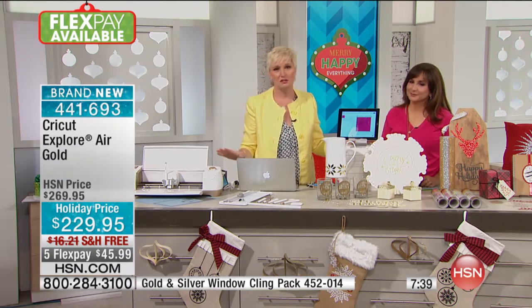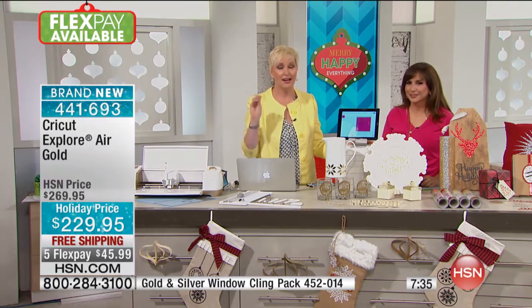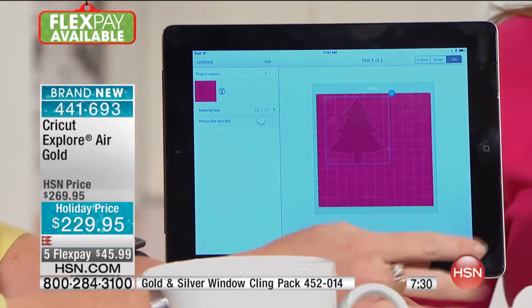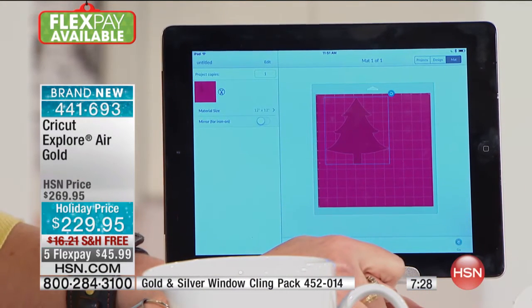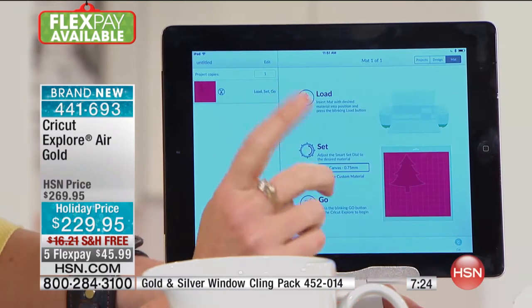I'm going to show you the custom dial with 60 custom materials on there, like cork, which you can cut, and veneer. And we're going to cut window cling, magnet and vellum and chipboard, Post-it note paper and leather, and if we have time, which I don't think we will, and we might sell